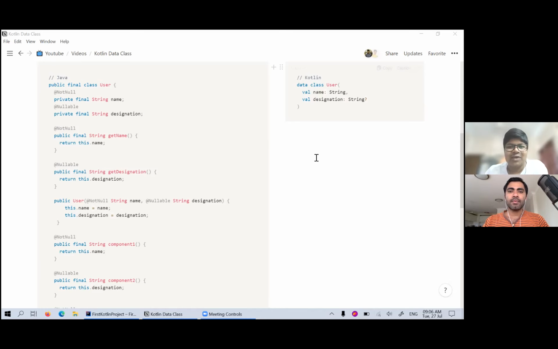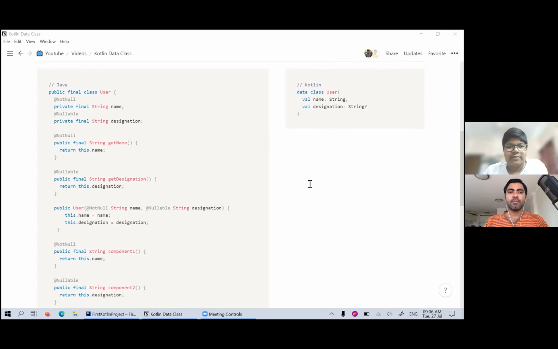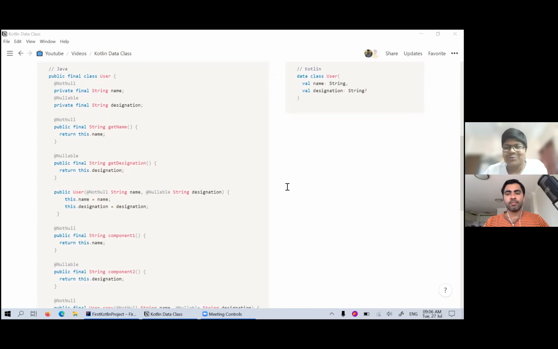Yeah. So I am just starting to learn Kotlin, and I don't really have much of a background in Java. But since we are working on Android app development right now, I have to learn Kotlin. So that is why I just started with this simple topic here. So the topic that we are talking about right now is a data class that is available in Kotlin.